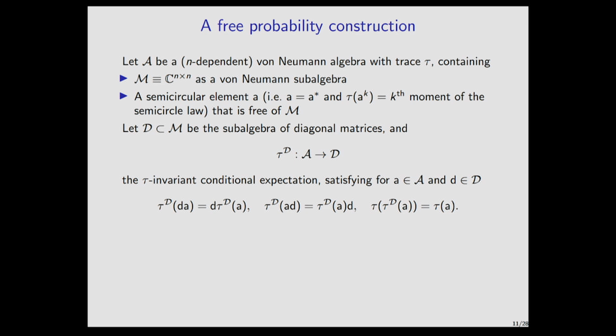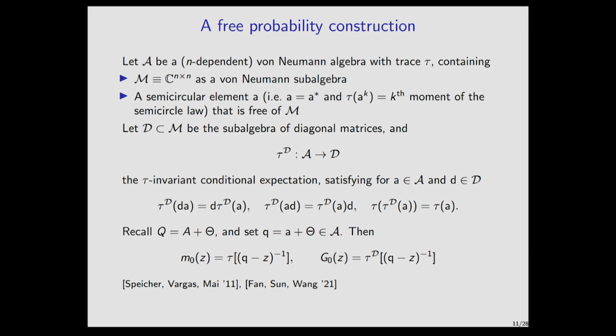So you consider inside this n by n matrix algebra the space of diagonal matrices, and you can define a projection or a conditional expectation from this full von Neumann algebra onto this space of diagonal matrices that satisfies the properties that you would expect of a conditional expectation if you think about this trace as an expectation. So what this means is that if you take the conditional expectation of an element of this diagonal subalgebra D multiplied by an element, you can pull that outside of the conditional expectation. And if you take the expectation of the conditional expectation, it has the usual Tower property.